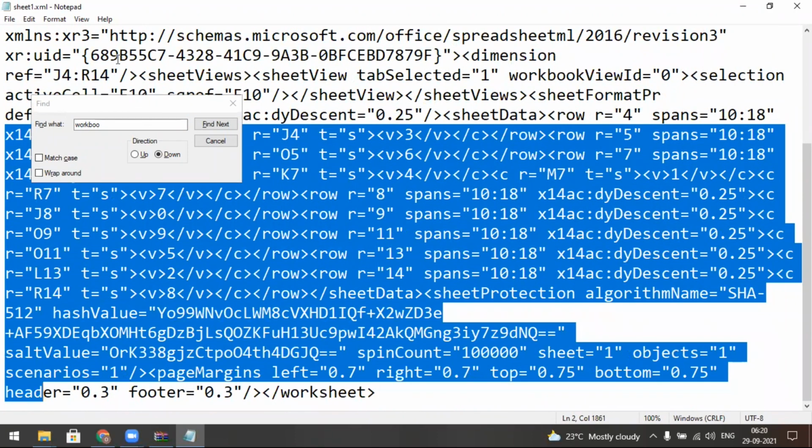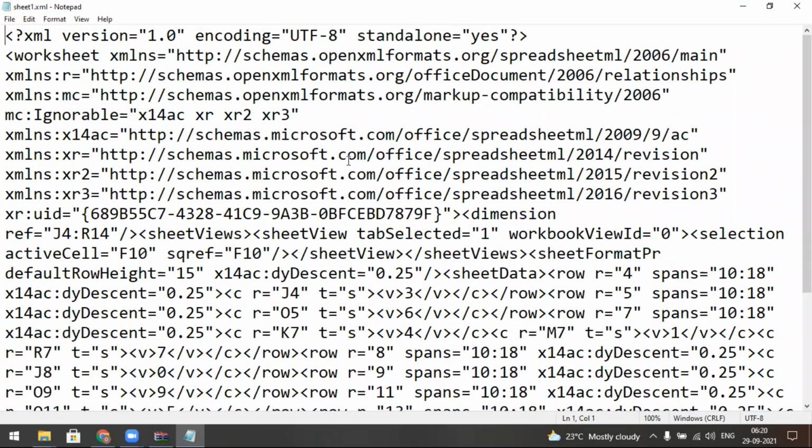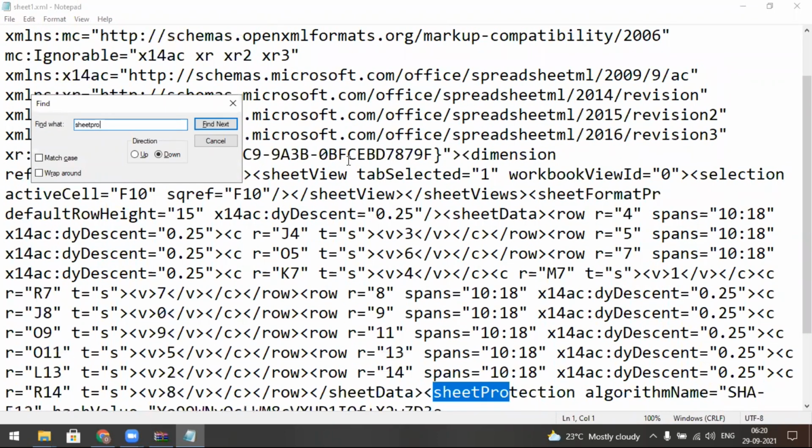The remaining part can't be searched. That's why I am saying you must put it here and press Ctrl F, type sheetProtection, not giving enter, like this. Automatically it will be searched.